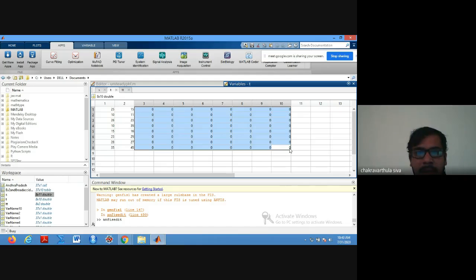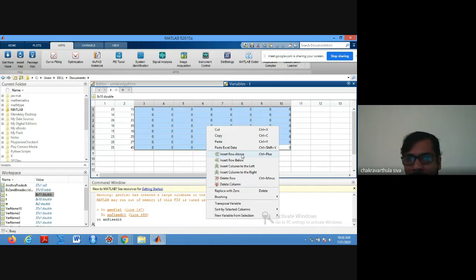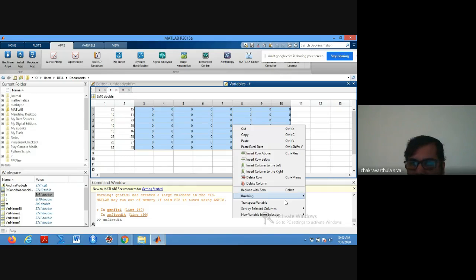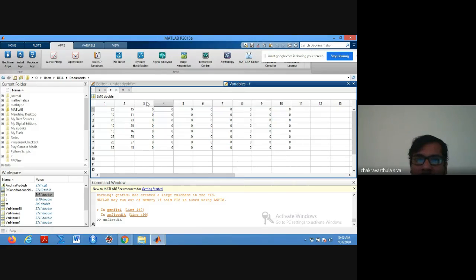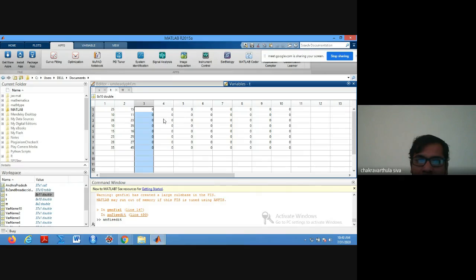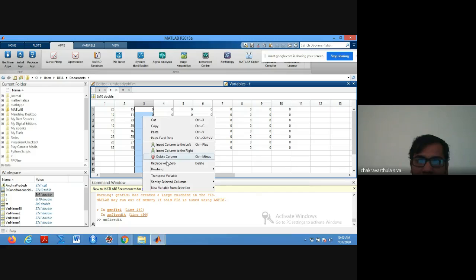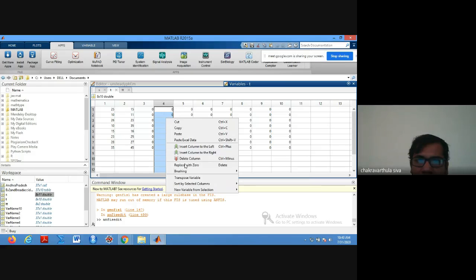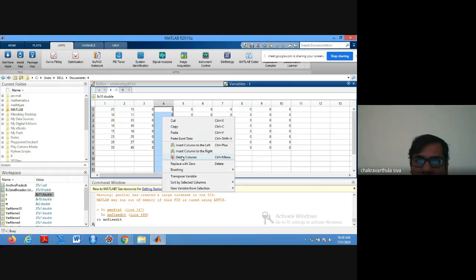It is not giving here. Insert row above. Delete option is not available here. Delete column. Yeah, and there is setting. Delete column.